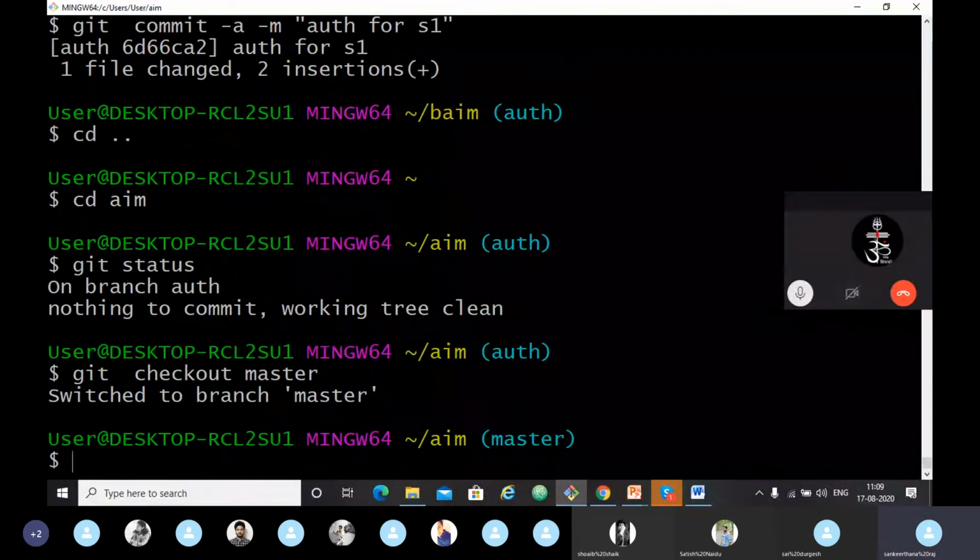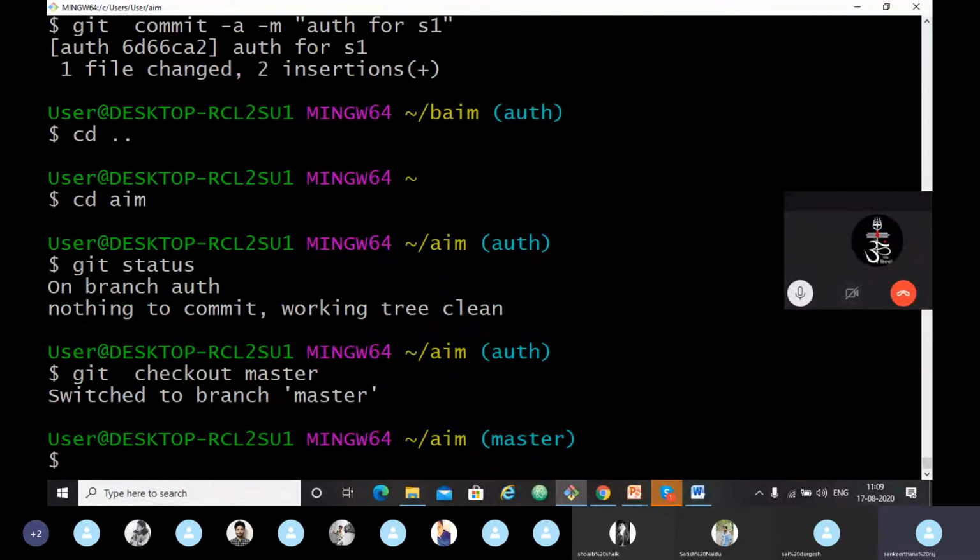So now, if you want to see what will change after merge, we have a command. Just give git diff master dot SDN with the branch name. Now I want to merge SDN branch with master branch. So I'm giving SDN name here.